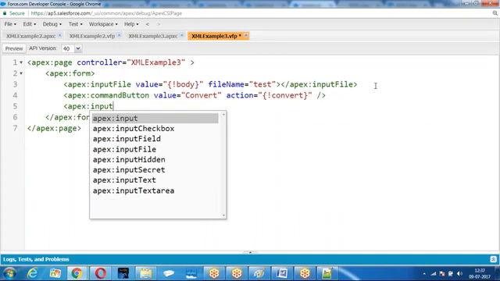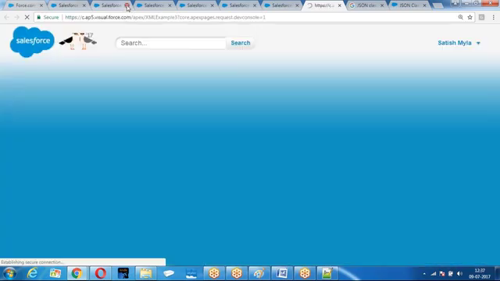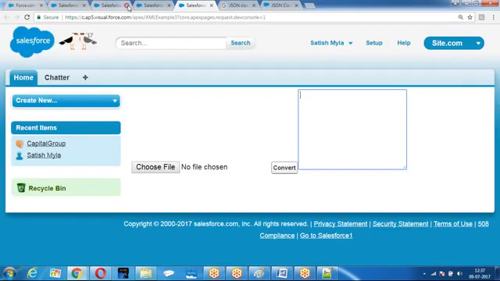So I am giving some input text area. Then we have value equal to result. This is what we have done. I have a preview of this. We are uploading some file.